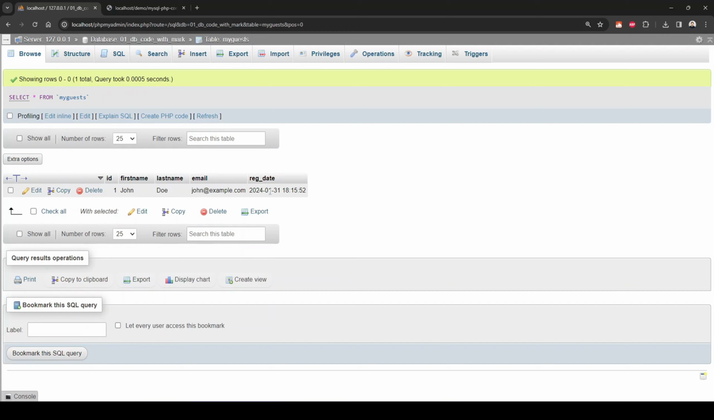And then we don't need to insert that in here because this is automatically put in as a timestamp at the time of the insert. So